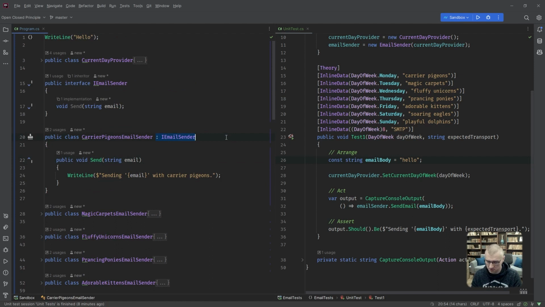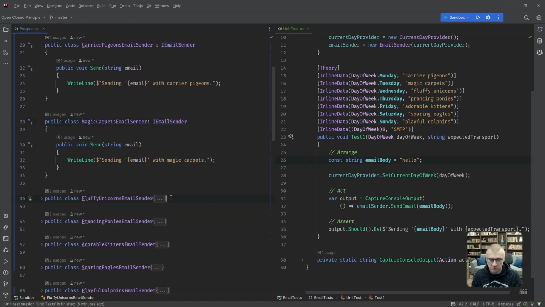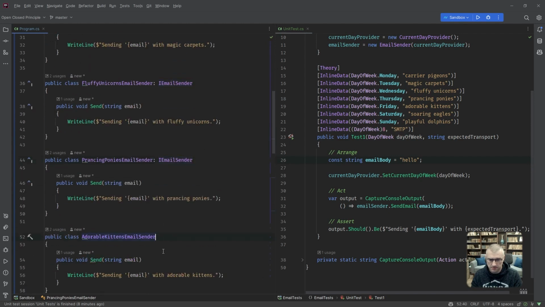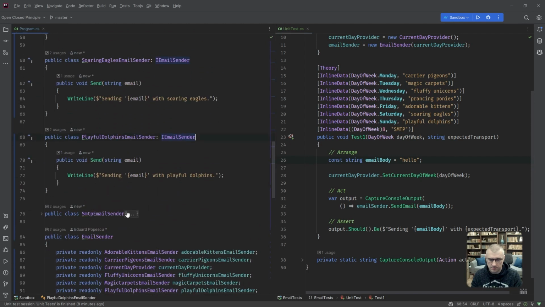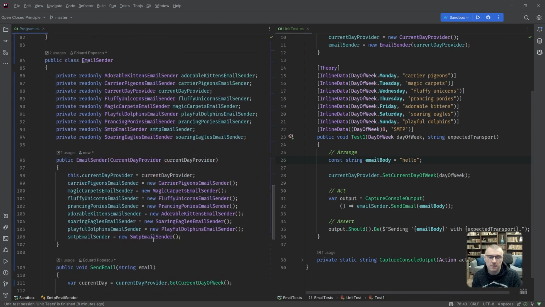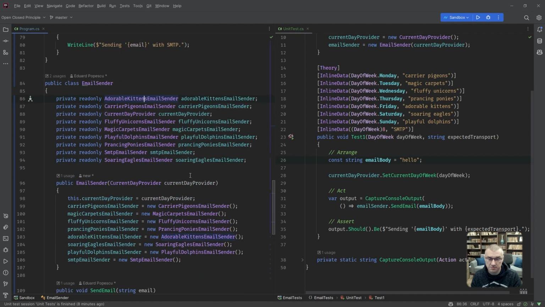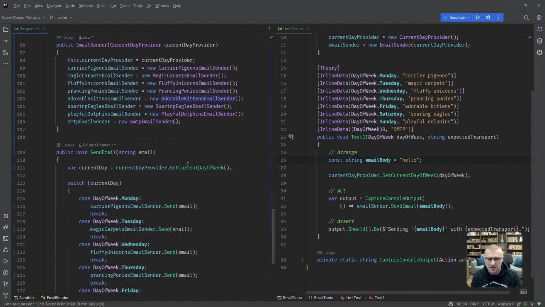And all I have to do is come in here and do this. Okay, so what? Now we've got interfaces on all these classes, but we're still constructing them ourselves?